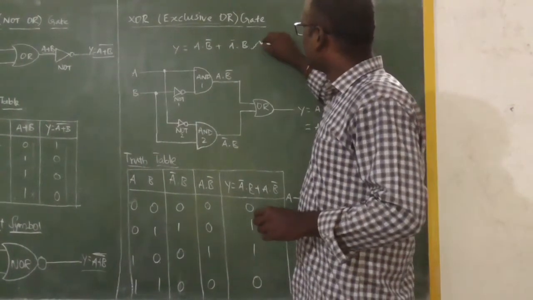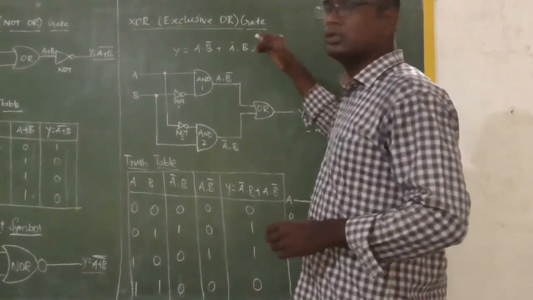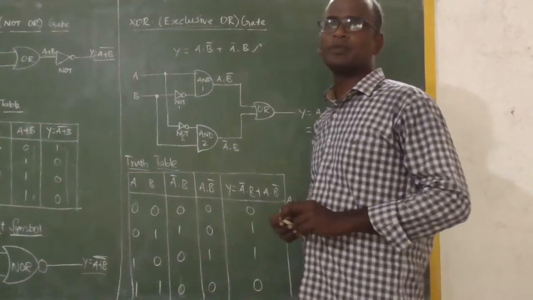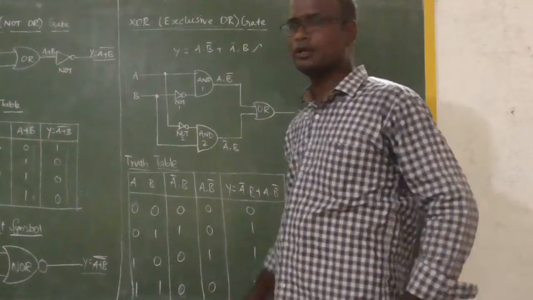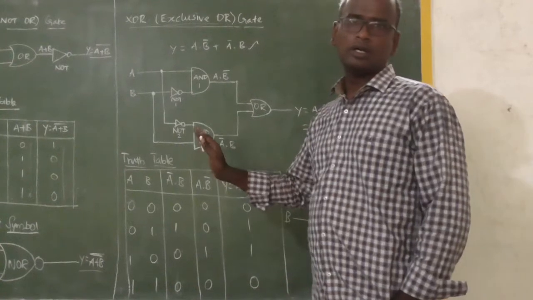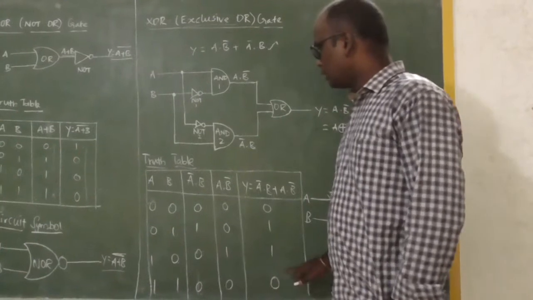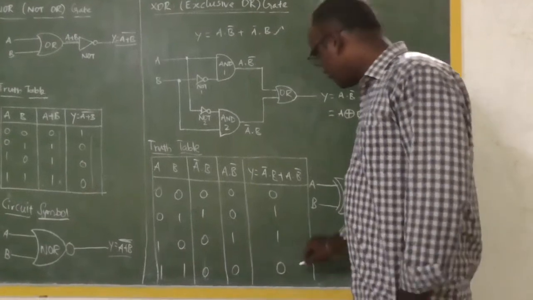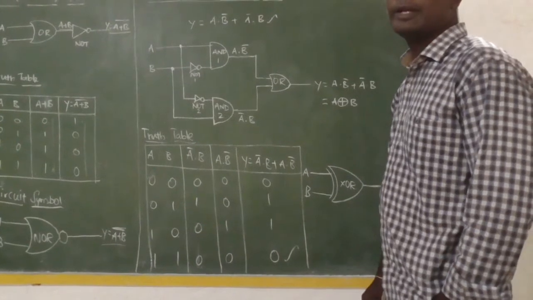Why we want to get this result from the XOR gate: the truth table of the XOR gate is always similar to an OR gate, but one condition is different, that is the last condition, the 1-1 combination. The result of the XOR gate differs from the result of the OR gate for this condition only; the remaining conditions are the same. Why do we need to get this result as different from the OR gate?